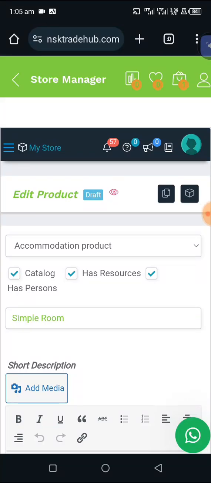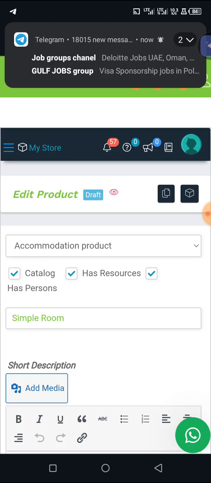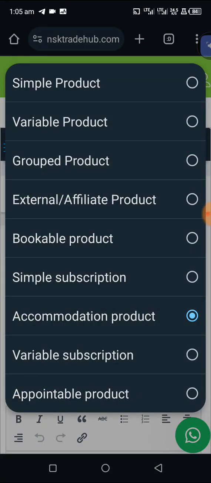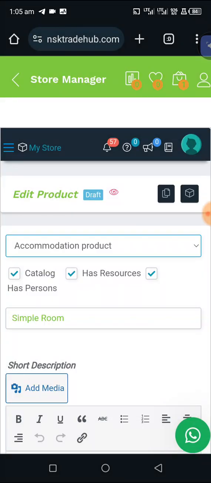Today's tutorial will be on this accommodation product. Yes, accommodation product. If you click this product type like this, you can see among all this, we choose this accommodation product. Though I created this product before now, then